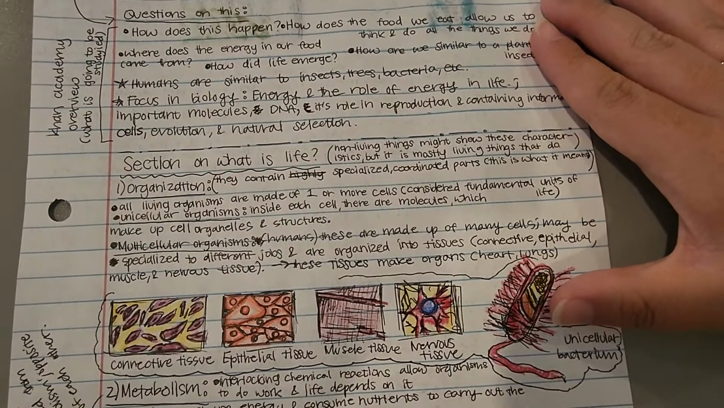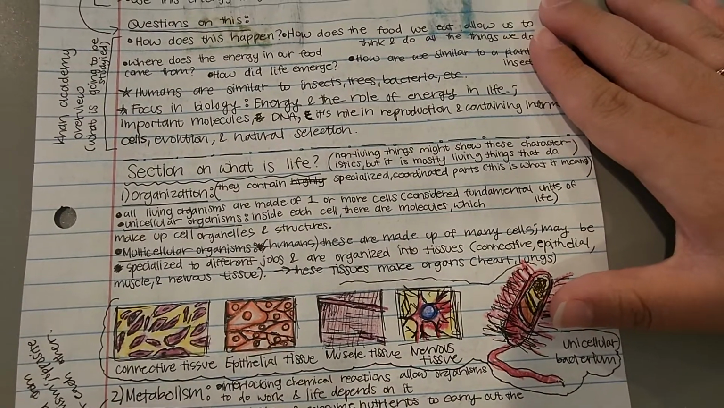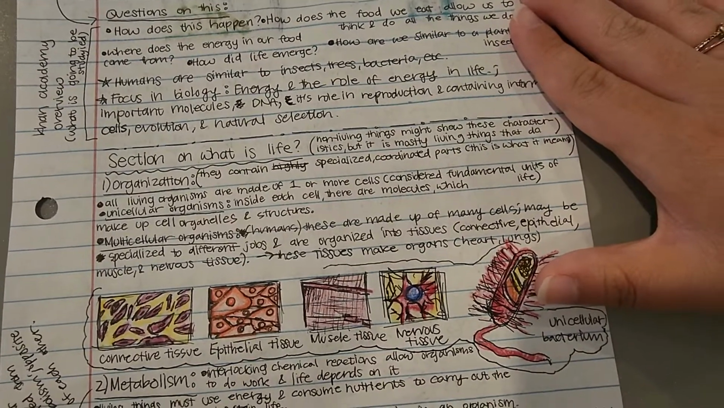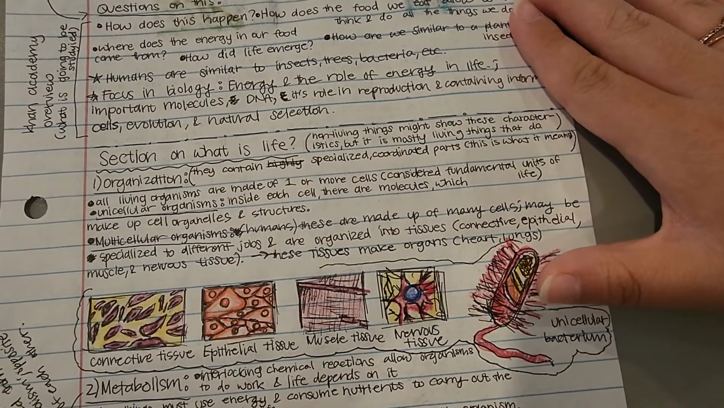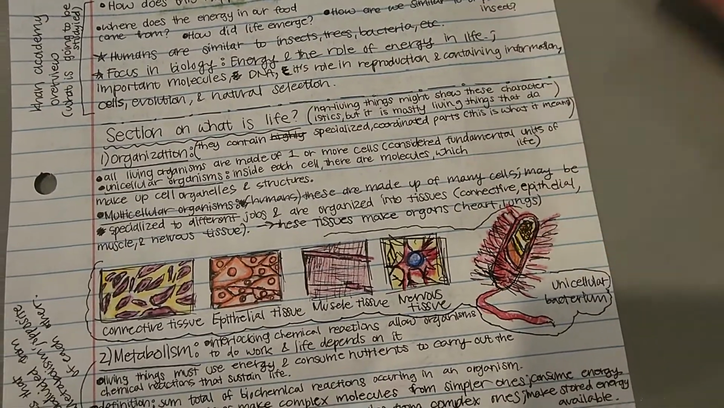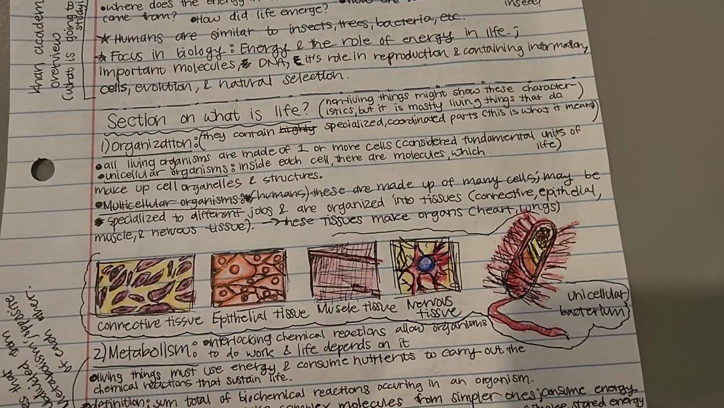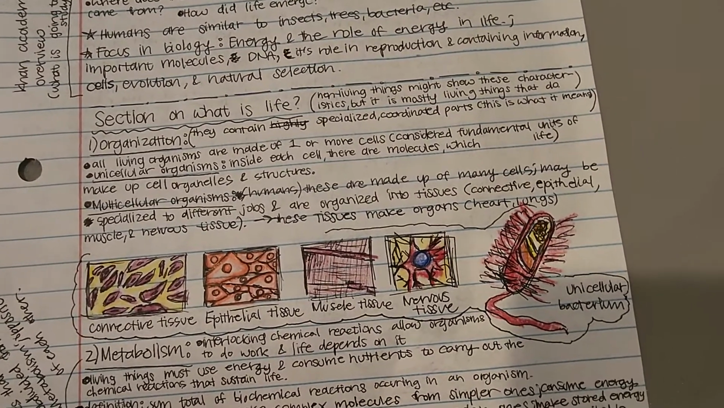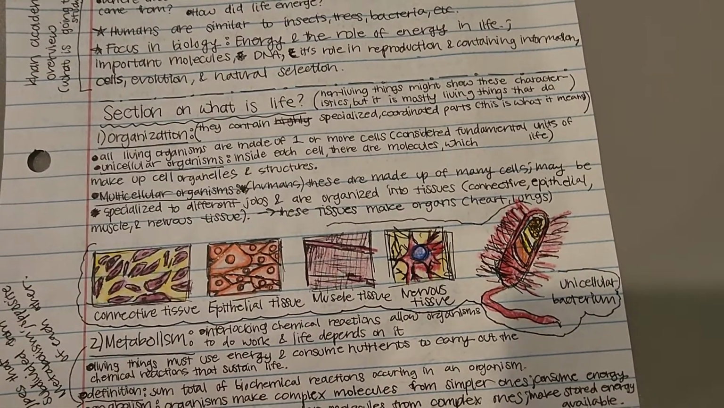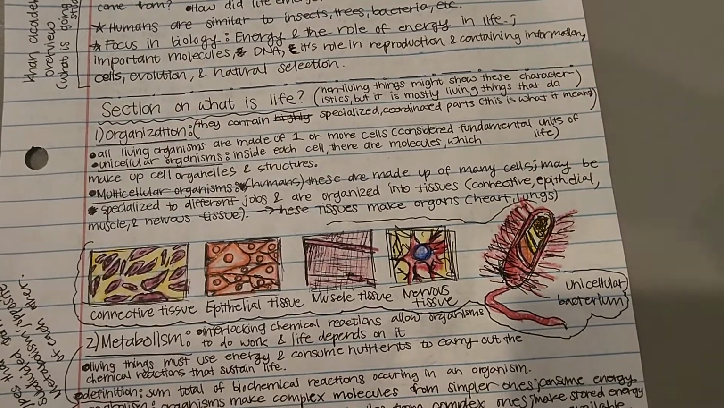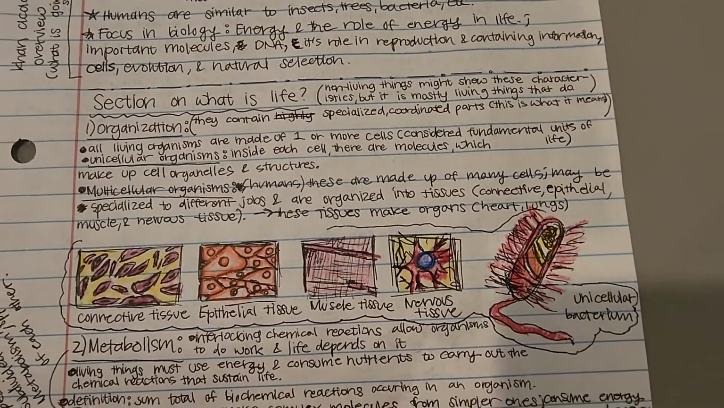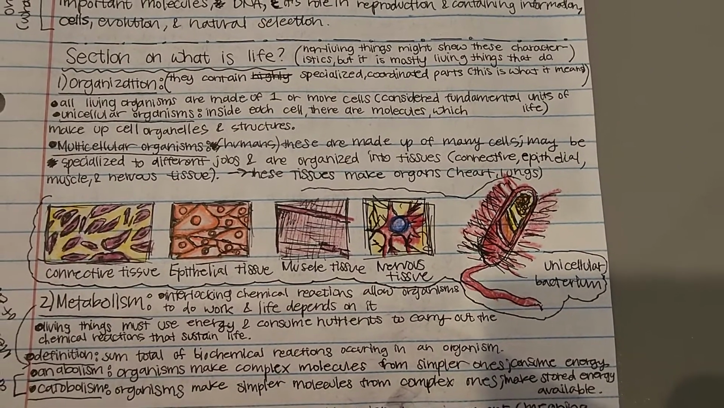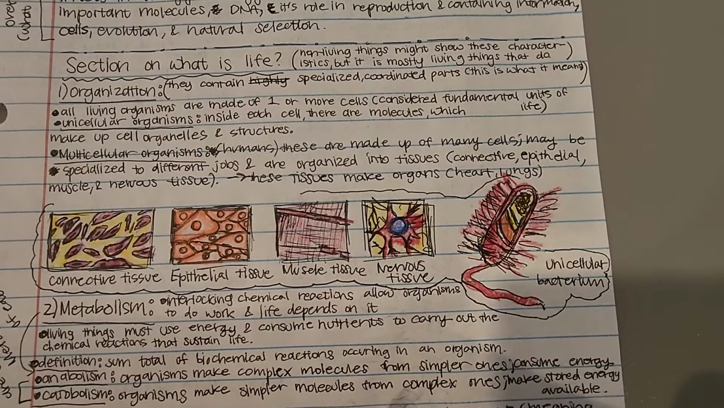Non-living things might show these characteristics, but it is mostly living things that do. Number 1, organization. They contain specialized, coordinated parts. This is what organization means. All living organisms are made up of one or more cells, considered the fundamental units of life. In unicellular organisms, inside each cell there are molecules which make up cell organelles and structures. Multicellular organisms, such as humans,